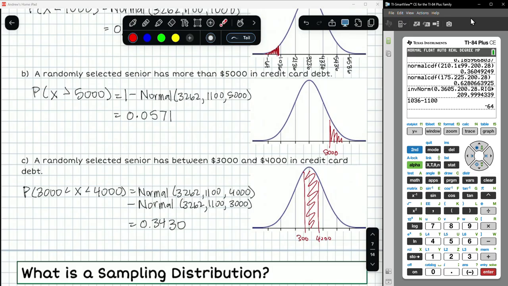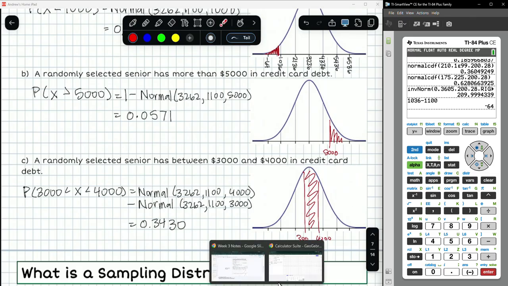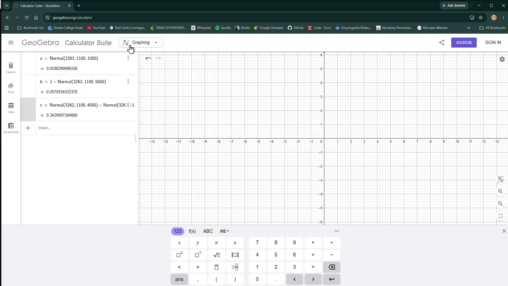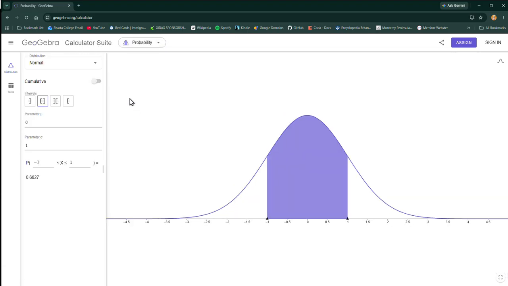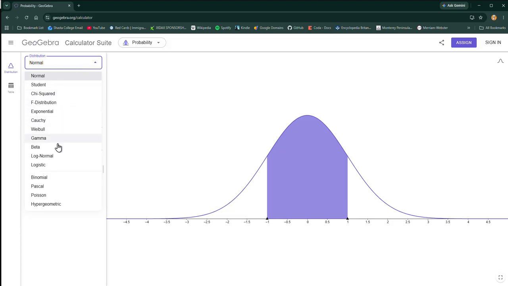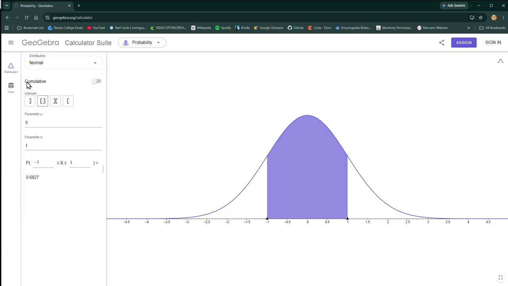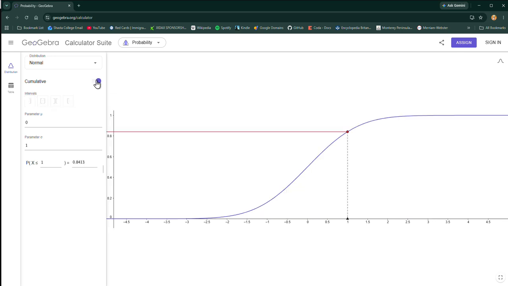Okay, now the really nice part. GeoGebra does something the other calculators don't. If you go up here next to Calculator Suite, you'll notice there's options, and one of them is probability. And it has a list of all of the distributions we're going to be using this year. And you can come in here